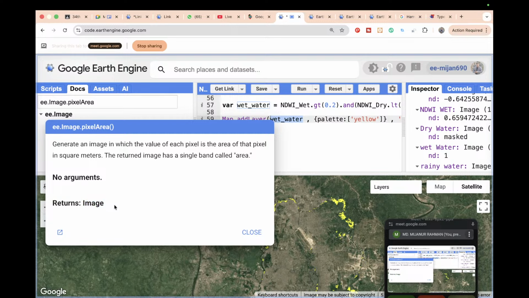So when you compute on any raster imagery, first of all we need to apply this function to generate an image, and in this image the value of each pixel is the area. This pixel area is computed in square meter units. It does not return a value, it returns an image. From this image further I need to apply a statistical function and compute the statistical value. But before that I need to compute